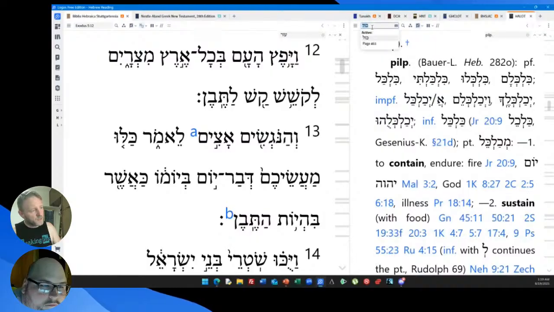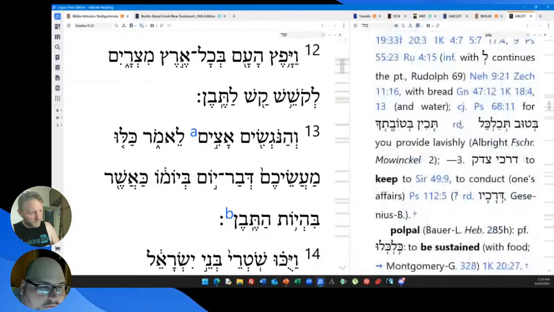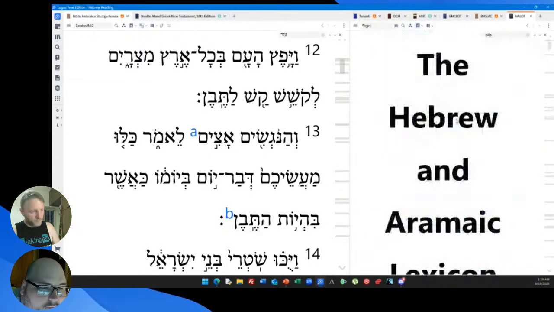Pilpel is going to be formed either on middle weak or on, what's the other one? With like lamed, where geminate. Geminate or middle weak. These are the two that are going to form pilpel roots. Okay. Let's see if we have